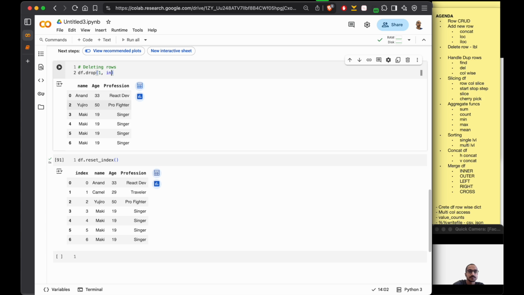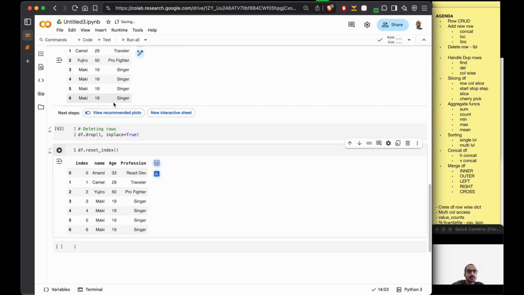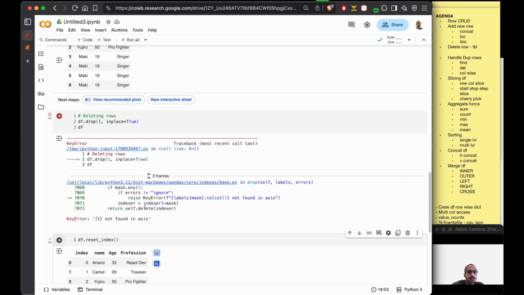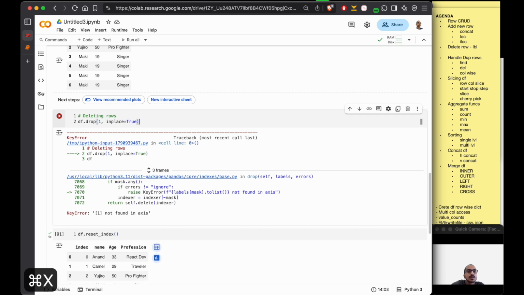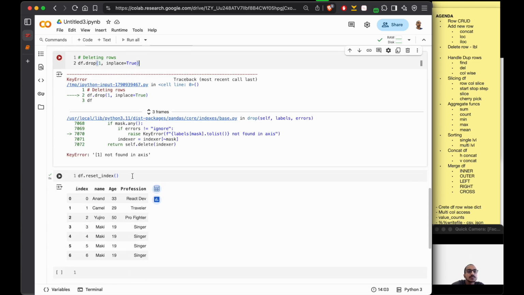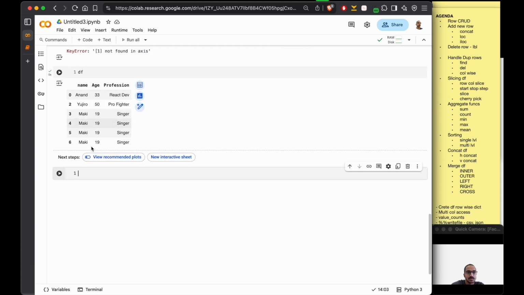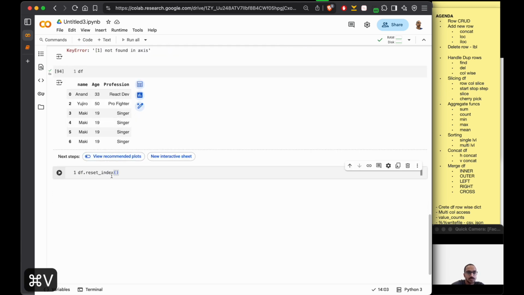Let's do an inplace. So we have our original df, and if we do a reset_index,